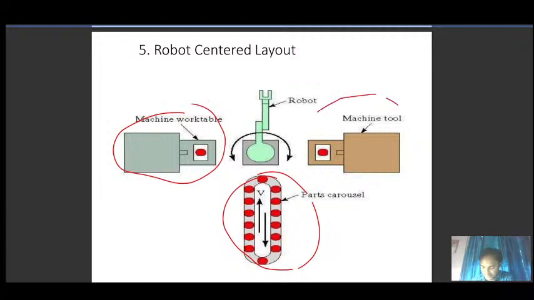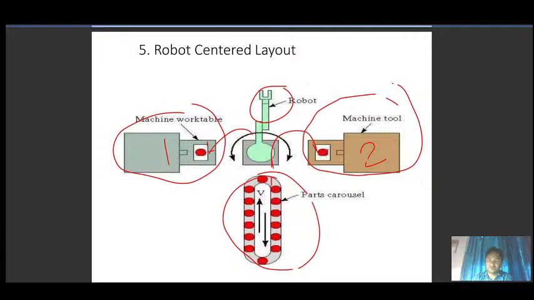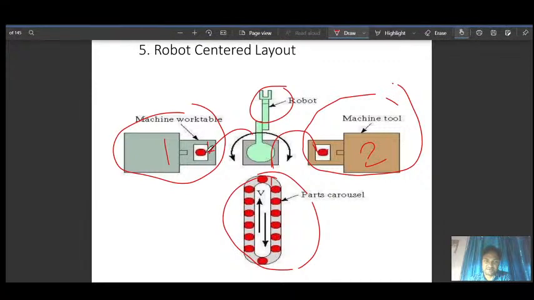Machining center 1 and machining center 2, and the robotic arm will pick the parts from here and put them on here. So it is like putting, picking, picking, putting, and after finishing it will take it out, and then you will put it in some other place, so that you can take it back as a finished part.